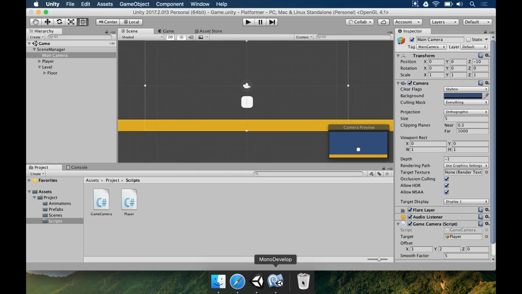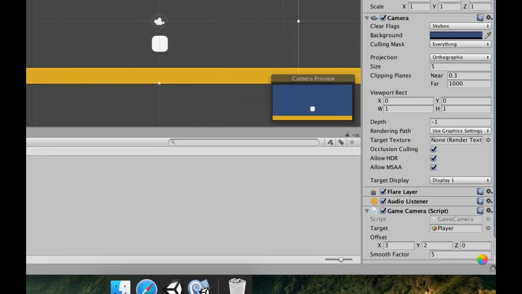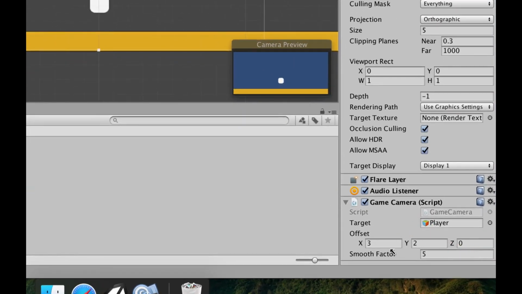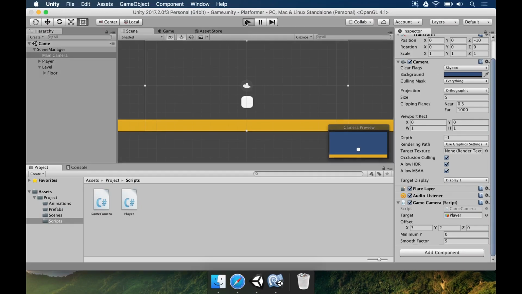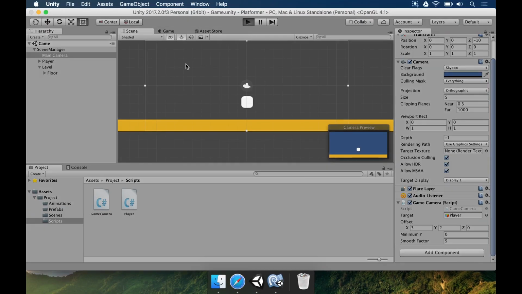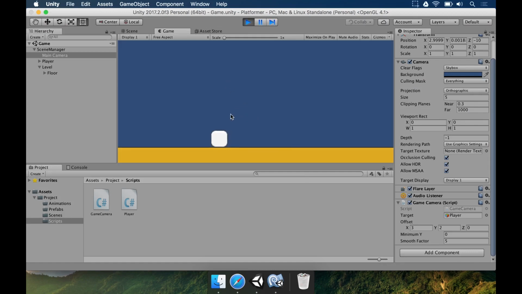So we're going to save this. Let's go to Unity. We're going to wait for the code to be ready. Let's look at the values here at the game camera. I'm going to leave it on 0 because it's how it's working right now in the scene. If you press play and look at how the game is being executed, the player is here. If you jump, the camera rises a little bit, okay, but once the player is down, the camera doesn't go past this point. If you were to change the vertical offset here to a number that's very low, okay, like